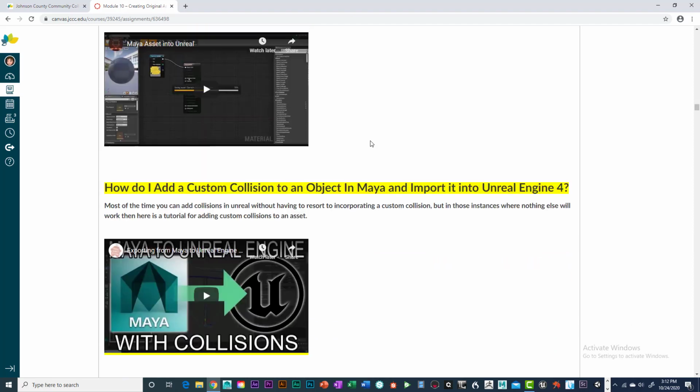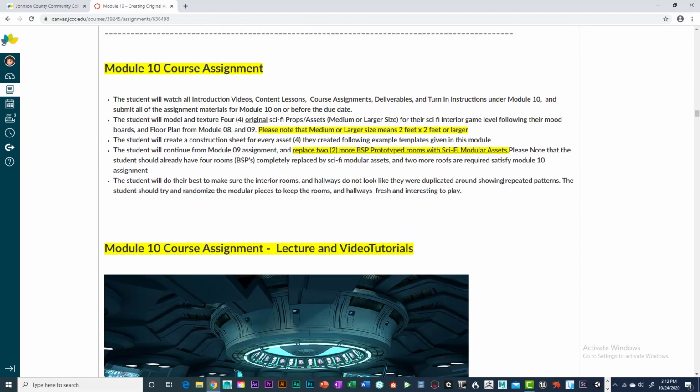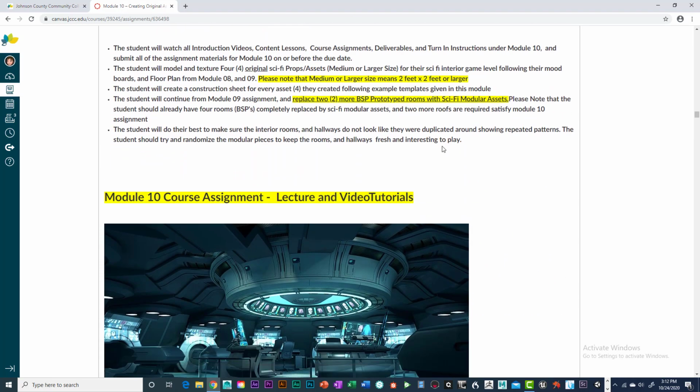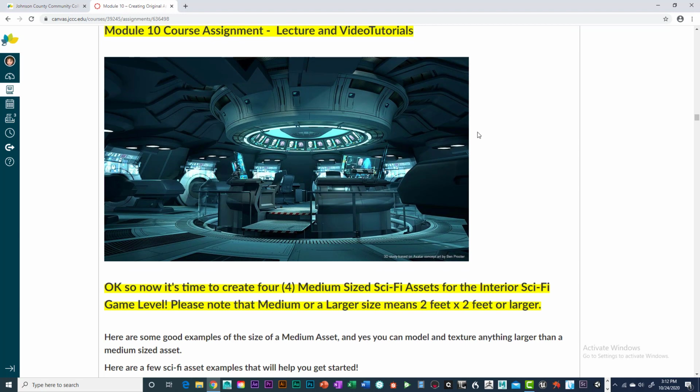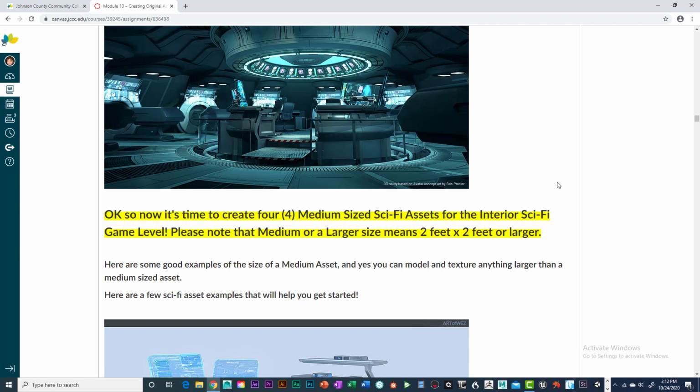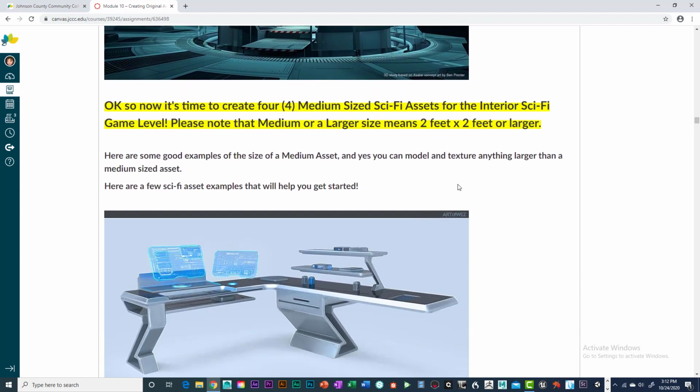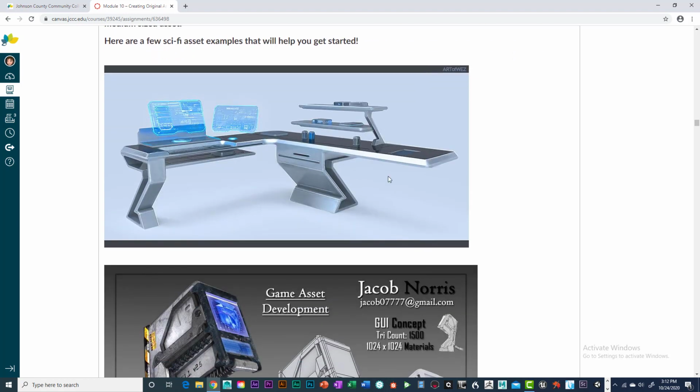Again, this other stuff is just redundant from last time. You can read the course assignment again, and then the course assignment lecture video tutorials. There isn't a whole lot of lecturing here. It's basically you just go through all this stuff and make sure that you understand that we need to have